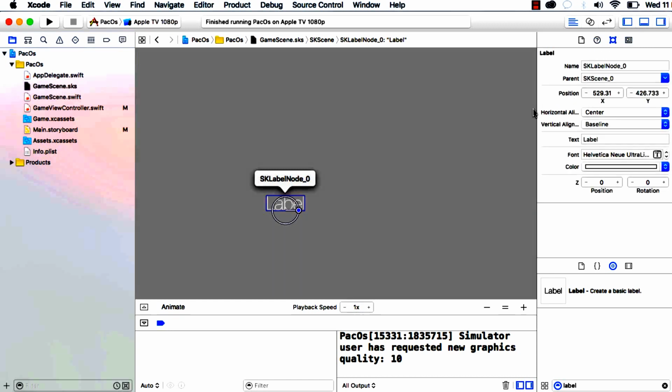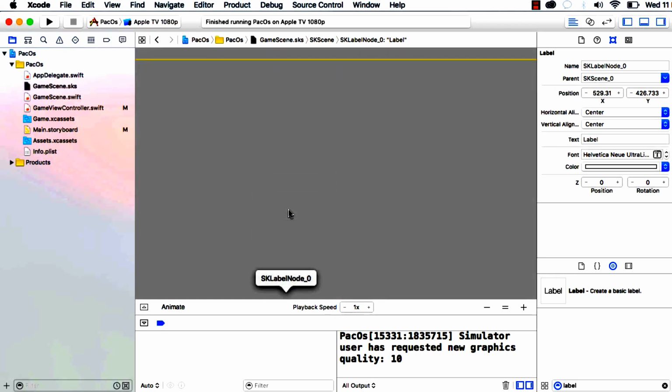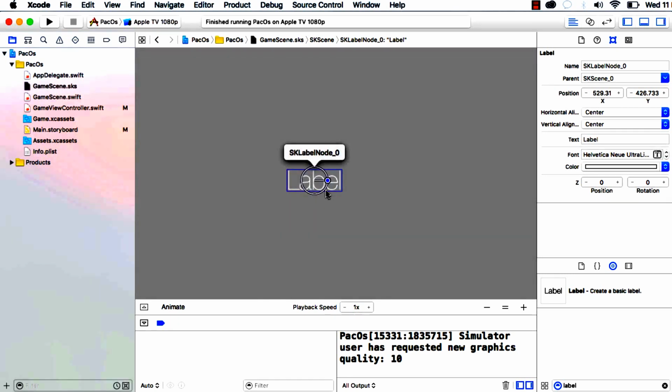Let me zoom in on that label. Okay, so you're going to see, if I put the center and center,